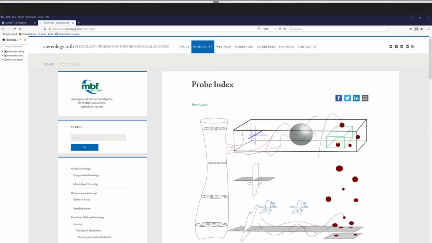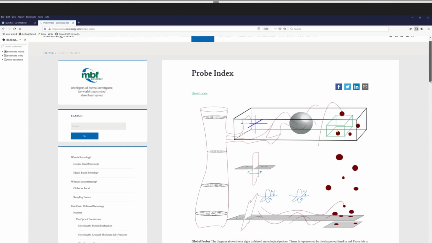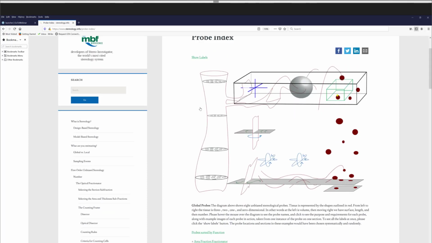What I'm going to do right now is click on the probe index so that we can get an overview of really the most useful probes to use. On the left, again, the tissue is in red. On the left is shown volume. This is a membrane, a biological membrane. It might be like the respiratory membrane in the lung that you're trying to estimate the surface of. These strings in red could be blood vessels or axons, and over here these red circles are cells. So to estimate volume, and let's show the names of these probes,